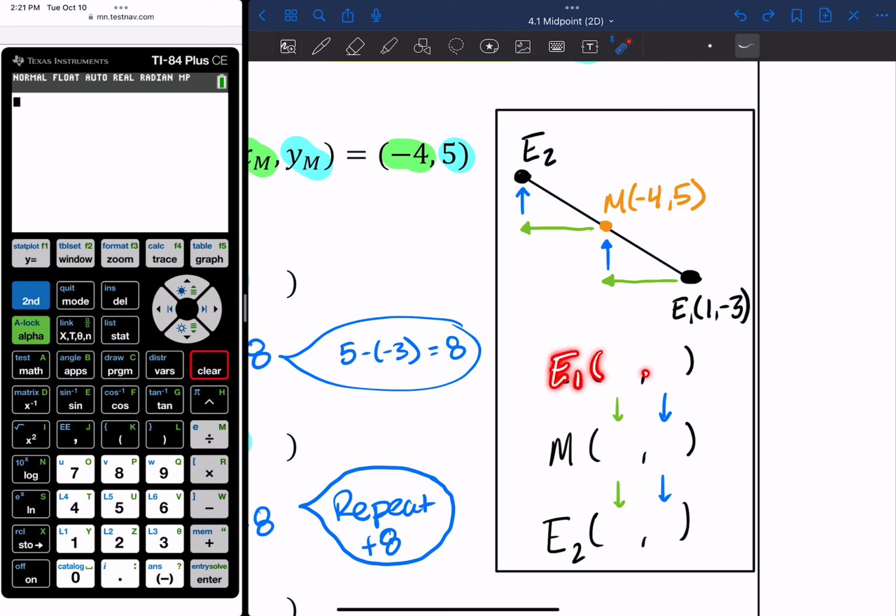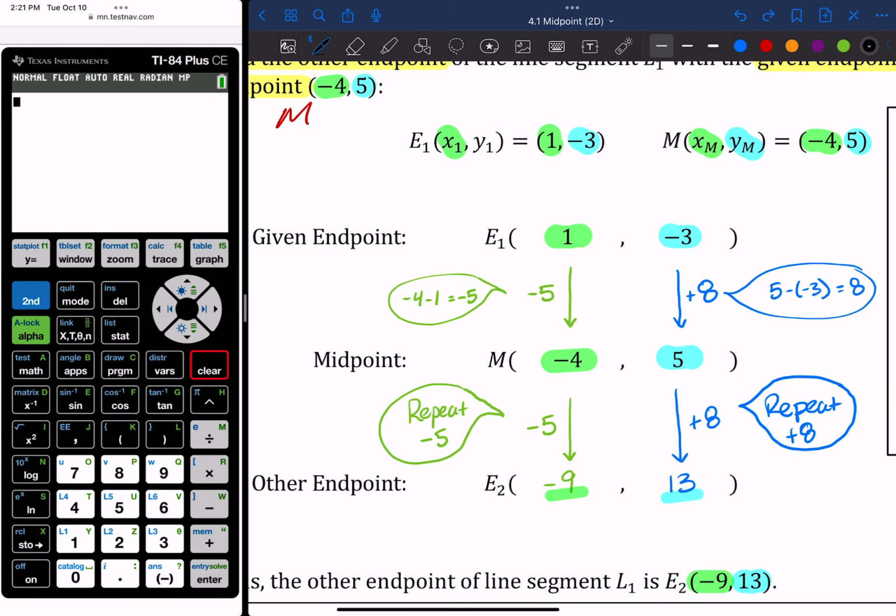E1, my midpoint, like this. Then I just need to figure out what is my change in my x and my change in my y from endpoint to midpoint. Then I just need to repeat that again to get to the other endpoint. Okay? So if we look at this example right here,